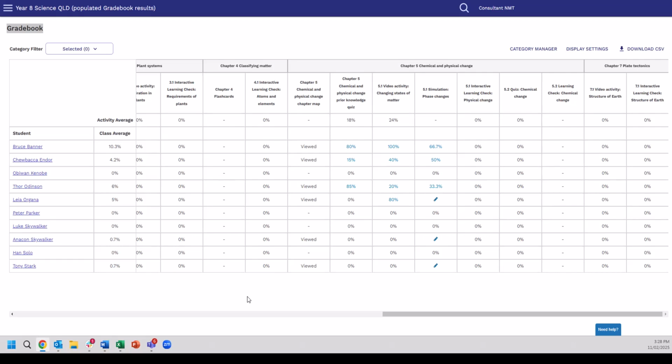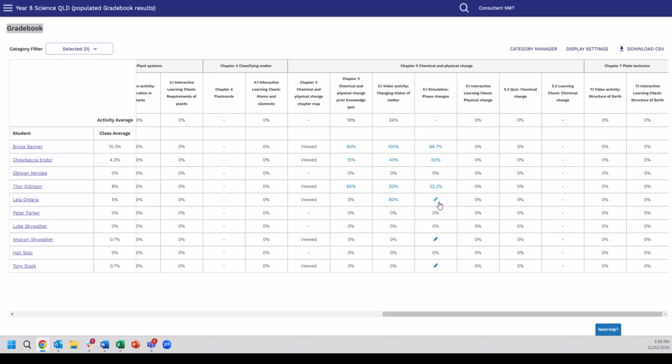On Nelson MindTap, we have a mixture of online activities that can be assigned to your students for them to complete and for teachers to receive graded results. The system will automatically grade any of our objective answer only questions, such as multiple choice and mix and match. However, anything that requires a short answer, you will be prompted as a teacher to complete the